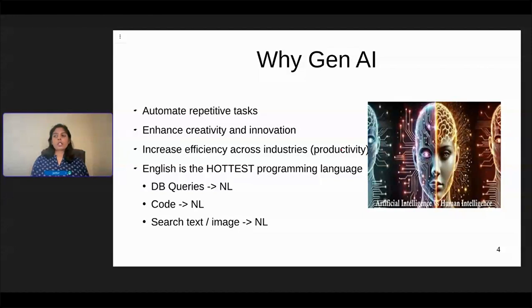So instead of saying select star, if you want the number of graduates or the number of students who have secured 100 marks in computer science, for example, instead of saying select star from computer science department where score is 100, you can just ask the tool, give me the number of people who have secured 100 marks, right? And it's just going to give you the same kind of output in a better formatted output than just a query output in the form of a table, which is easier for you to understand, right?